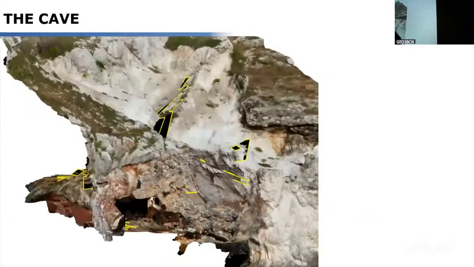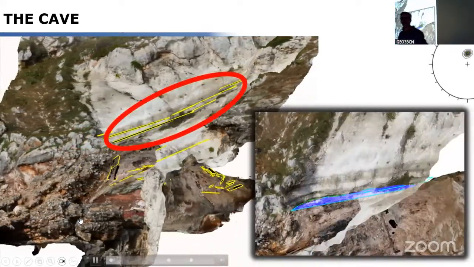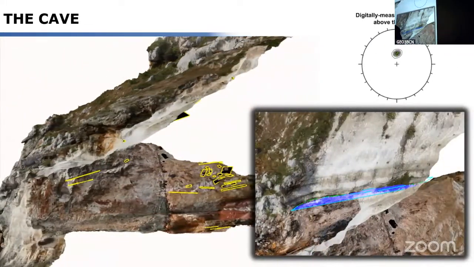Now, zoom in the cave, in Grotta Romanelli. You will see the model rotating about a vertical axis. On top, that's the bedding measured in the field. That's the bedding on top, above the vault of the Grotta, above the roof of Grotta Romanelli. And here is the bedding at the base of the quarry. Okay, the bedding top. This one, this green, the bedding at the base, which is this one, okay, slightly oblique,